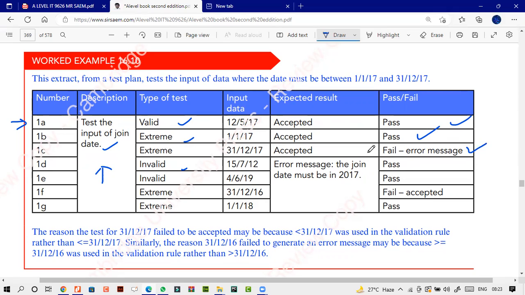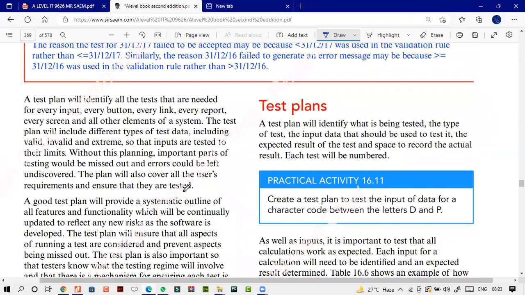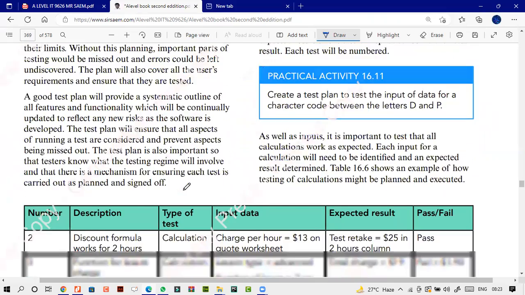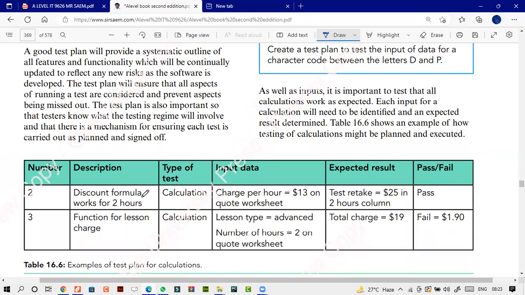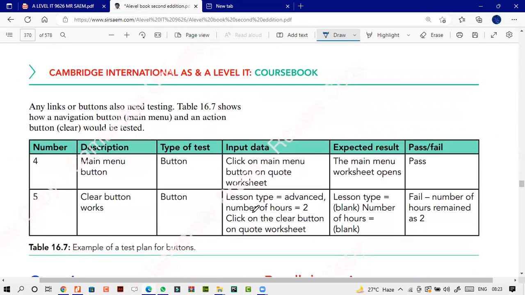It might give an error message, because we can get fail भी, pass भी, so we'll enter different messages and we'll tell them what to do. वैसे एक्सट्रीम दोनों एक्सेप्टेबल हैं, ये करने की जरूरत नहीं है, फेल्ड नहीं होता, बिकॉज इफ इट्स एक्सेप्टेड, तो एरर नहीं आएगा। सो देन आपके टेस्ट प्लान्स में वही दोबारा एक्सप्लेन किया हुआ है। डिस्क्रिप्शन की टाइप क्या होगी, इनपुट क्या होगा, एक्सपेक्टेड रिजल्ट क्या होगा, पास क्या होगा, उन्होंने बताया हुआ है।